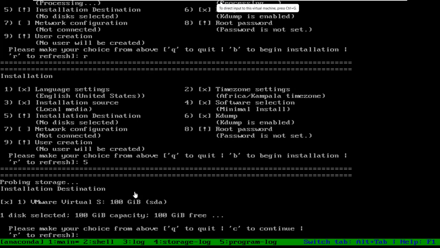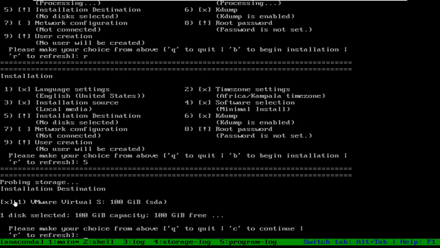So now here it is saying installation destination. It is first probing the storage, and then it finds that there is only one disk, number 1, and it is 100 GB, and this is the company name, and this is the system name. Remember, the system name for the disk is SDA. If you have 2 disks, then one will be SDA, the second one will be SDB.